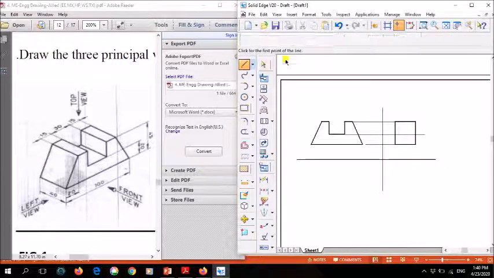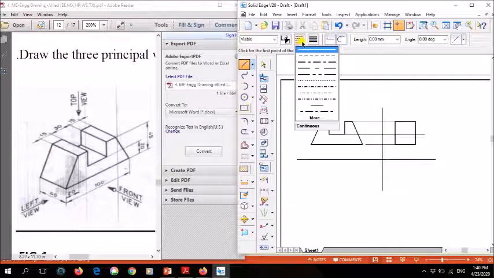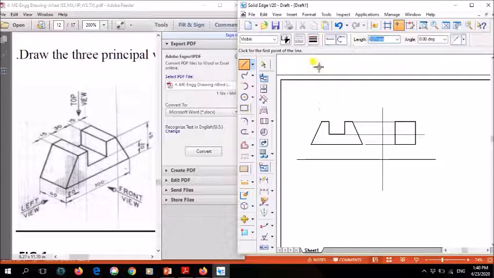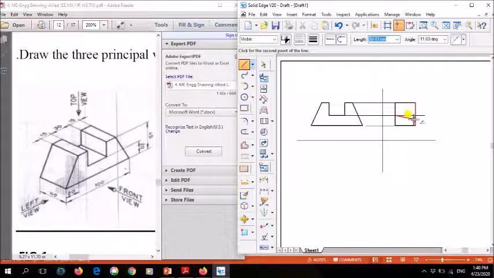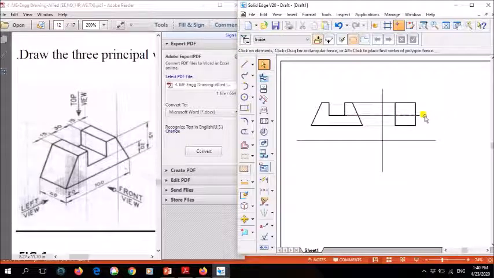Now using a dotted line, I'll draw a line from here to here. If you want to delete this projection, you can delete it.